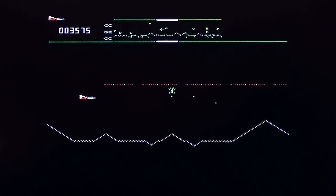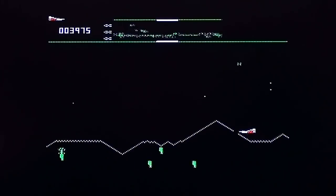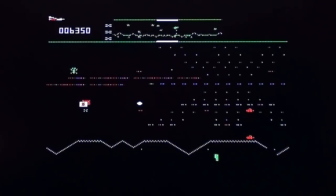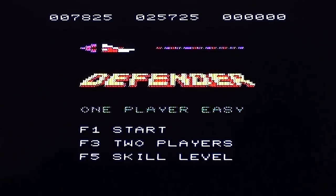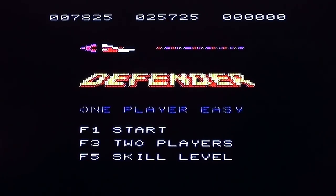So yeah, you've got all of the things you would expect in Defender, and I like that the enemy fire is big, so you can see it coming. Oh, good god. I couldn't reach my spacebar. It's not actually unreasonable that you've got to reach out for your spacebar on this, because in arcade Defender, nothing fell easily to hand. You had buttons all over the bloody place, and you had to play quite a lot to develop the muscle memory to know where to reach to press them. I'm reaching across...